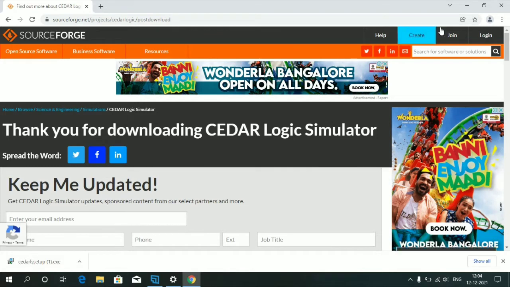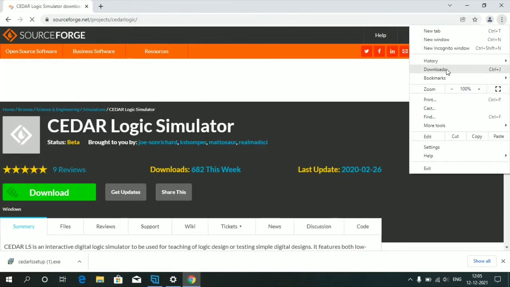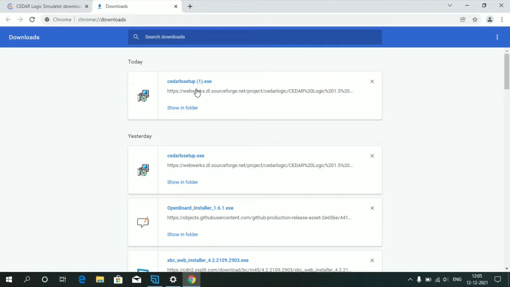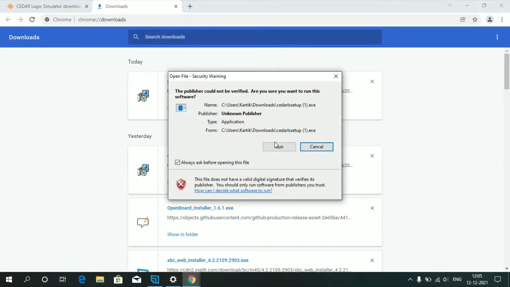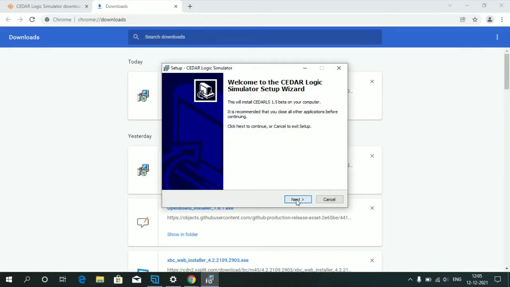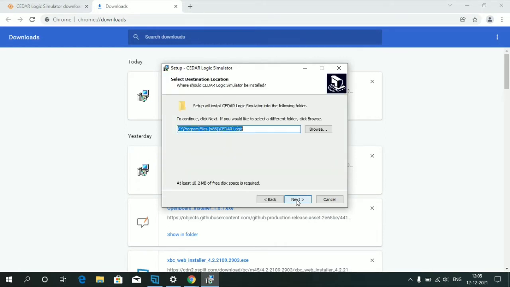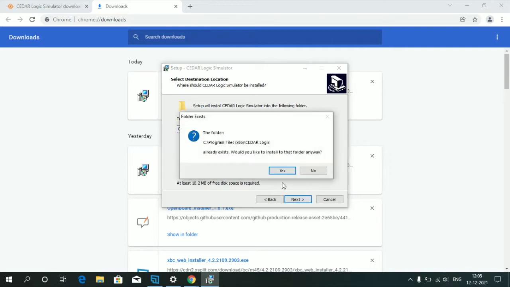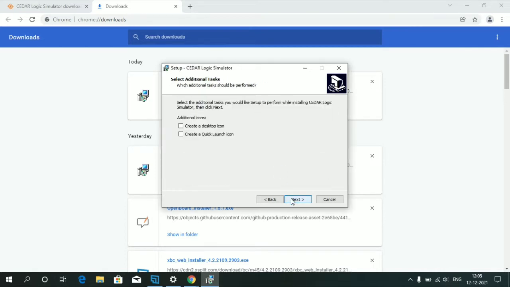Now click on the top left side of your screen, go to downloads and click on the file just downloaded. Now give run. Now a small software installation setup pops up. Now click next. It asks for a file location which is already set in local disk C, so give next again. Now it is again making a shortcut folder which is also auto-generated. If you want, you can give your own. In my case, I'm okay with it. Everyone can do the same.